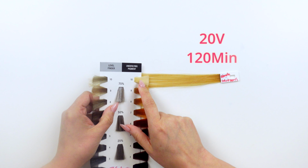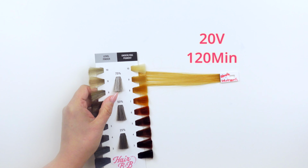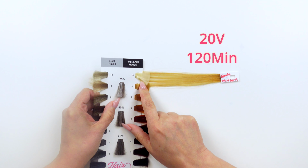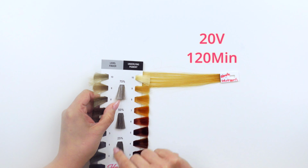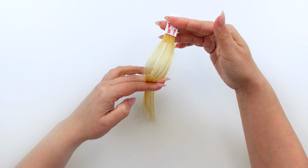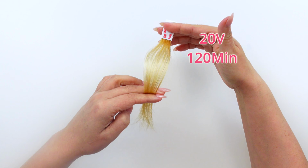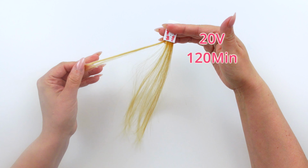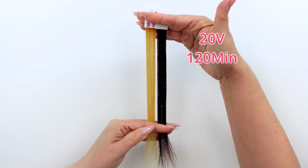Now, when it comes to processing Blonde Solutions for 2 hours with 20 volume developer, we got a solid level 10. Now, this isn't just any level 10 in my opinion. This is a beautiful 10G swatch that most clients always point to, the type of highlight color that they want or the type of blonde that they want. I feel like I could definitely bleach and maybe lightly tone, or maybe not even tone at all, and get a really beautiful, gorgeous end